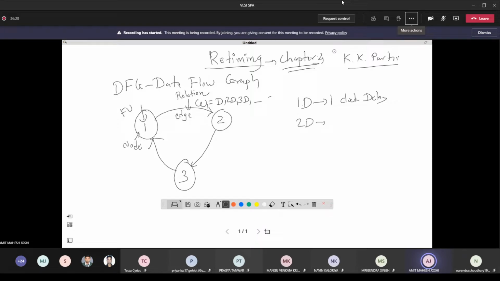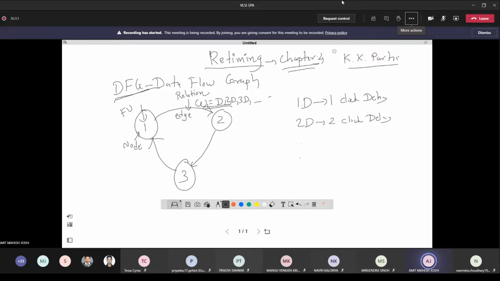2D means 2 clock delay. In a similar way, you need to understand 3D, 4D, 5D. So you can have a delay for a particular edge of any order. Okay. Now, for this data flow graph,